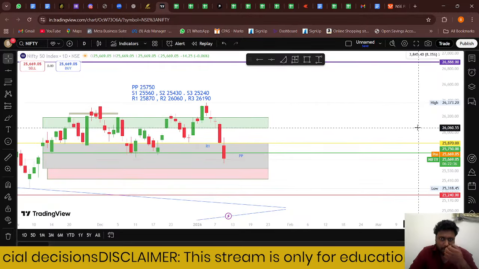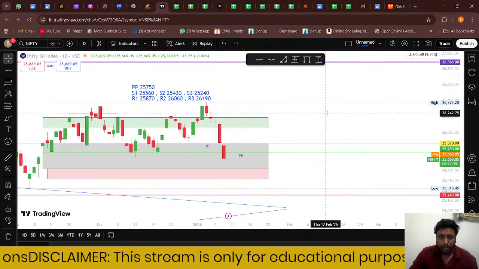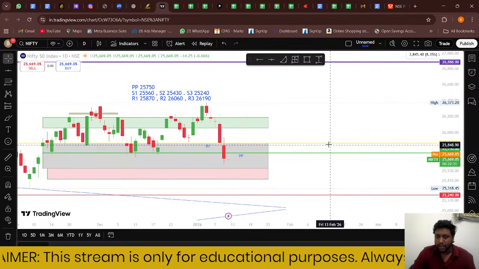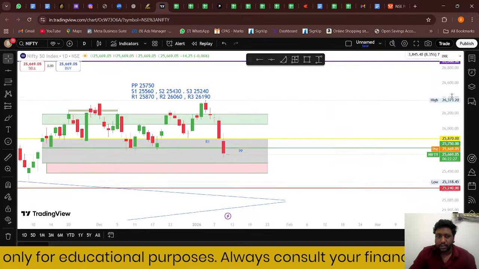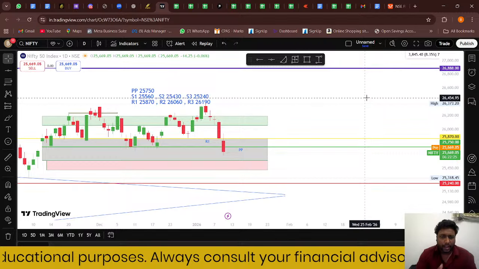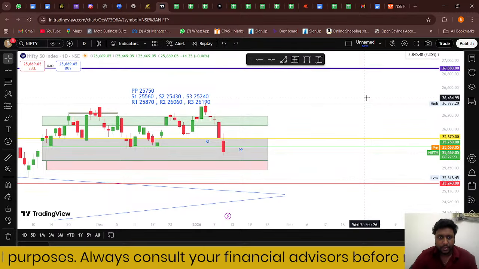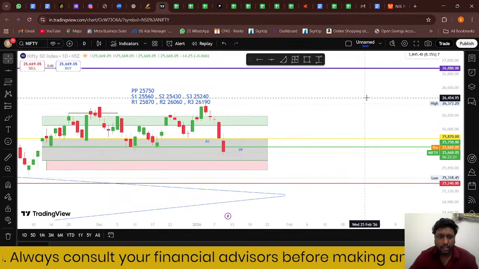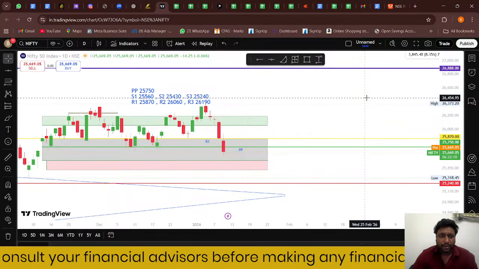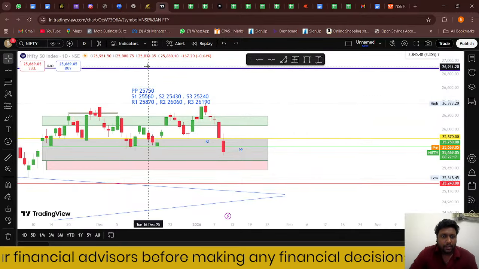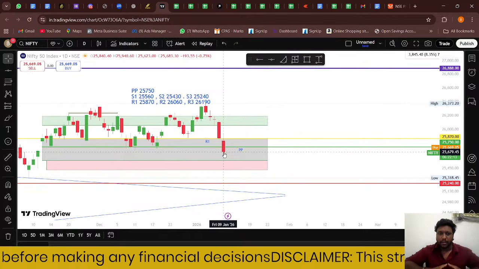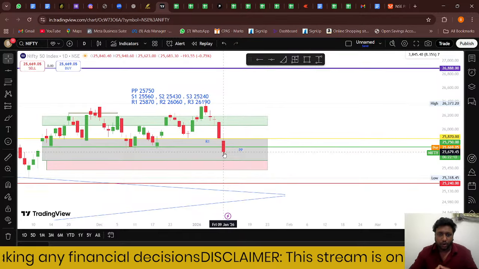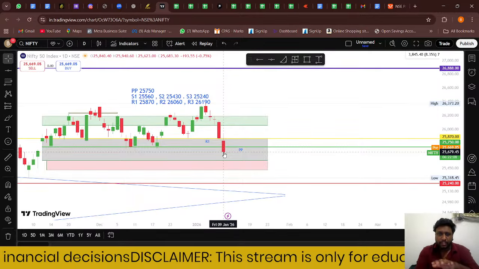So I am using the classic pivot line method, where we can calculate resistance 1, 2, and 3 with respect to the equations. We can add the pivot line levels directly from the indicator as well, but I am doing it in the classic method, which has a separate equation. Pivot line can be identified with the previous day's values. So pivot line gives us a futuristic behavior of the market with certain levels.